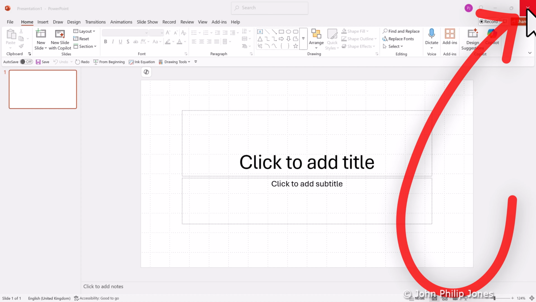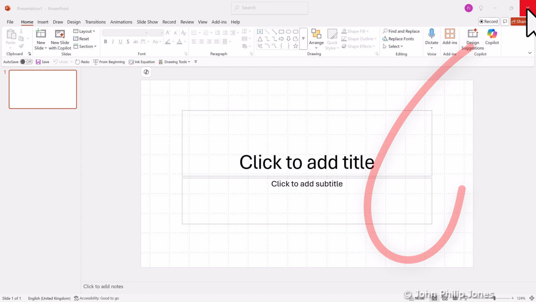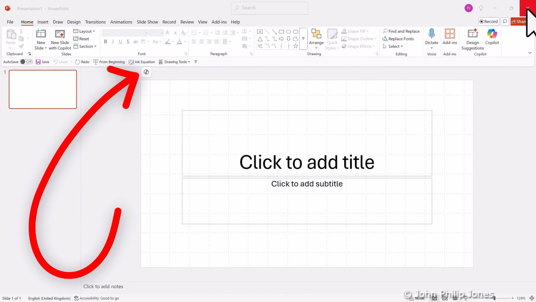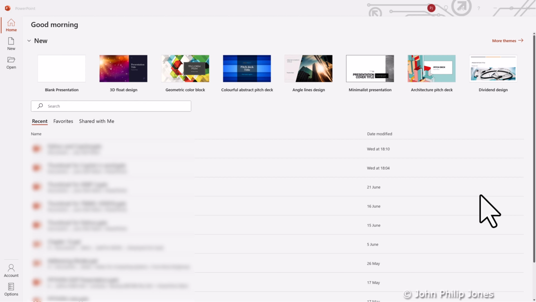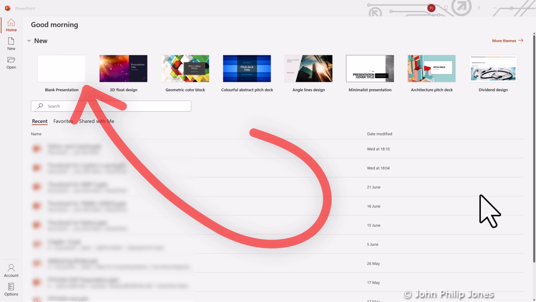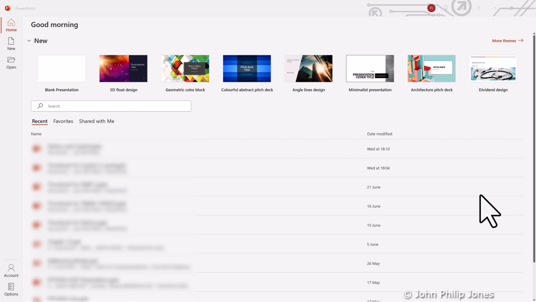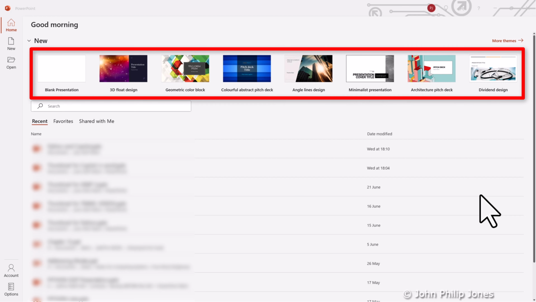So before I do that, let me remind you that this is in full color and we've got this icon here, which tells us that Copilot is enabled. I've just launched PowerPoint again, and I'd like to draw your attention to this, which you can see says blank presentation. And if you remember, last time we opened PowerPoint, there was another entry on this row,